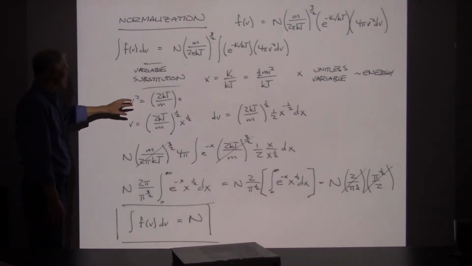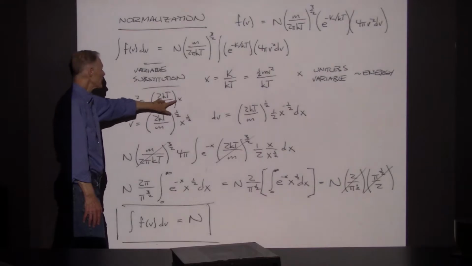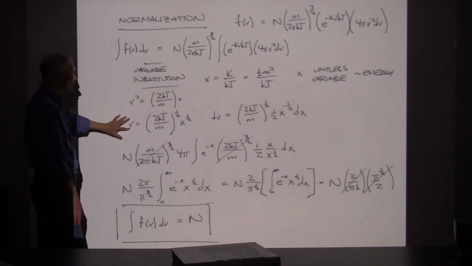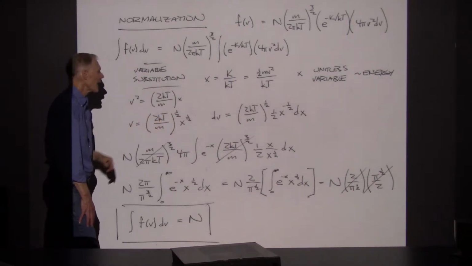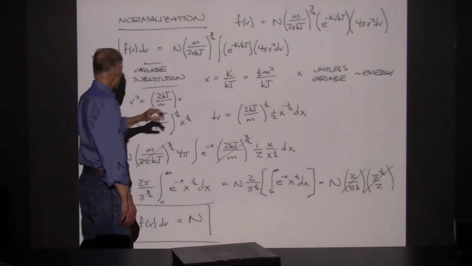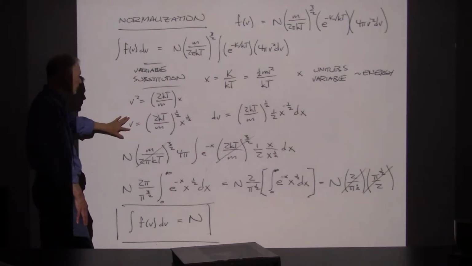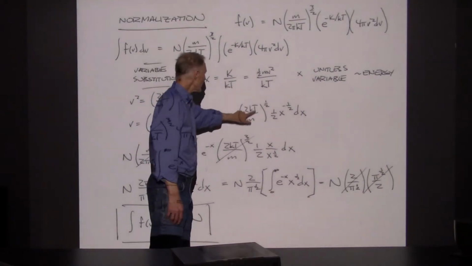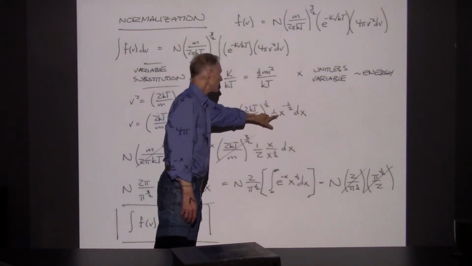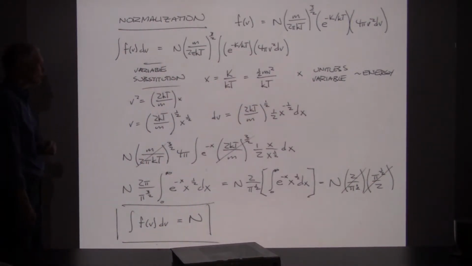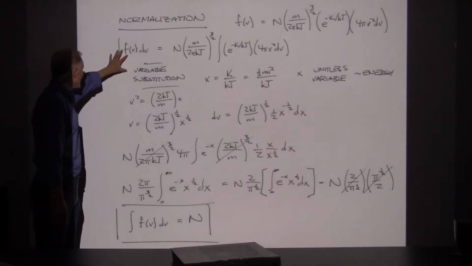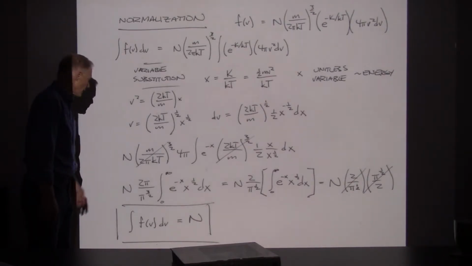with that substitution, v squared becomes 2kT over m times x. v becomes (2kT over m) to the 1/2, x to the 1/2. dv, if I take a derivative, becomes (2kT over m) to the 1/2, 1/2 x to the minus 1/2 dx. That all gets substituted back in. So this integral that we're calculating,